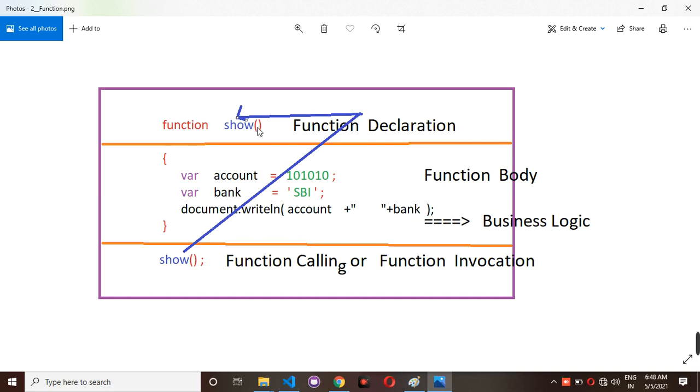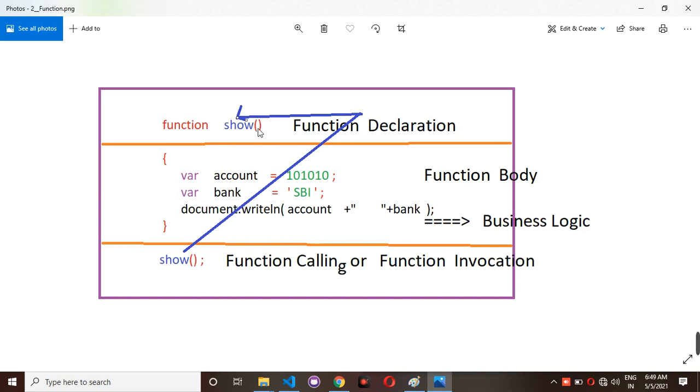If you are not writing any input parameter, it is called a non-parameterized function. At the time of function calling, we are not passing any arguments. Arguments means giving data to the input parameters.